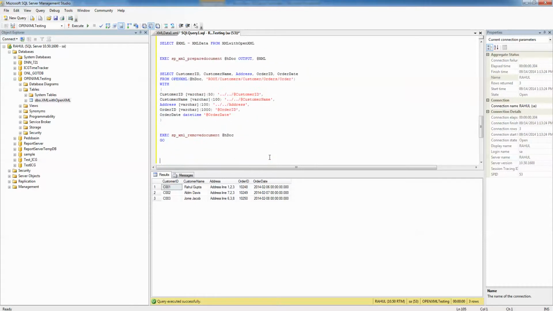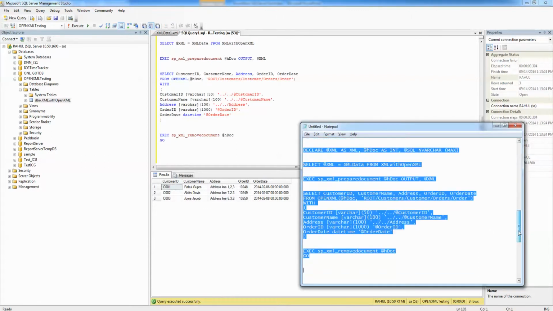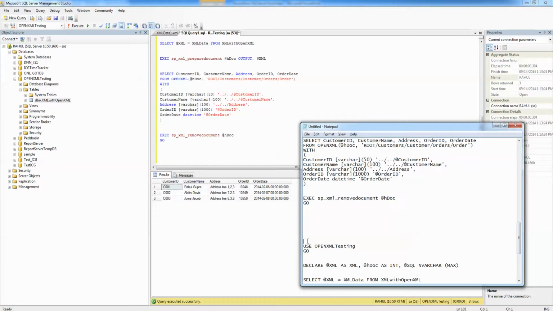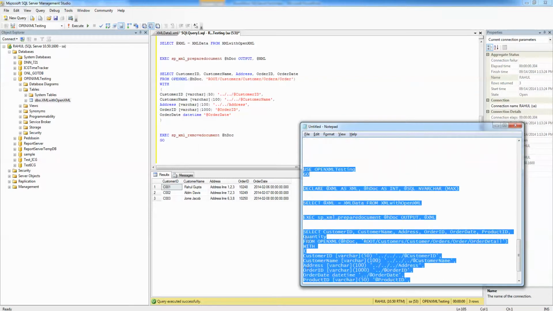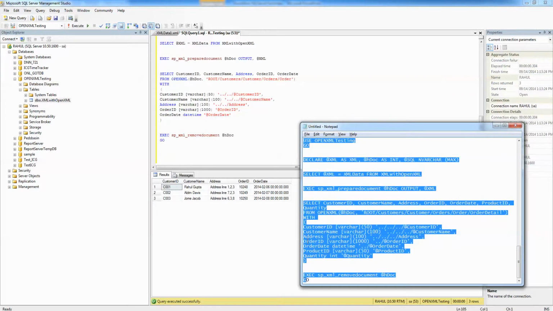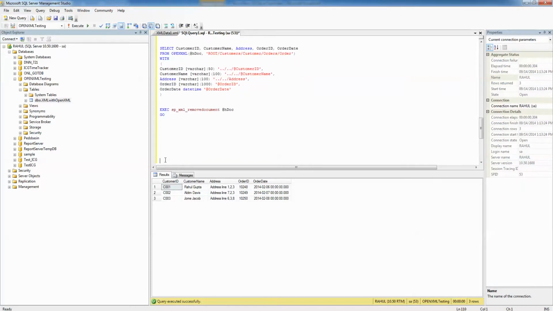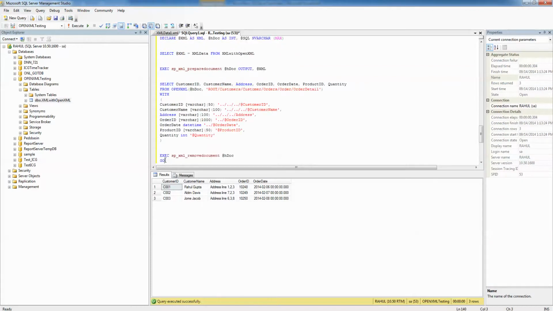So if I modify this query to add one more level, I can get the order quantity details of the products as well. Let me quickly copy the queries so that typing effort gets saved. Let's analyze this query first and then we'll run it.